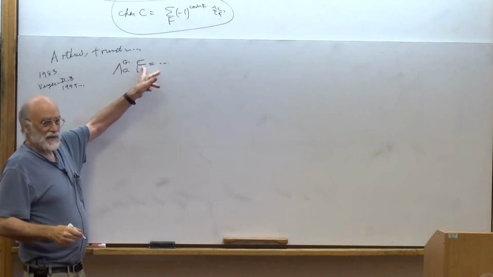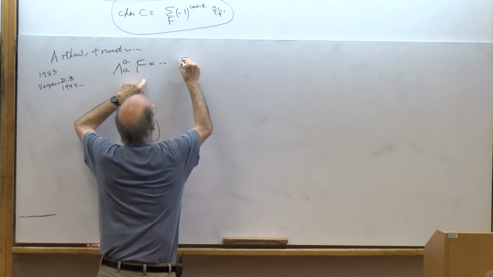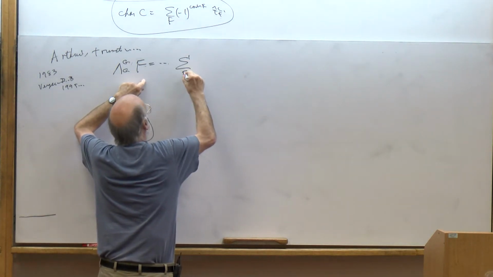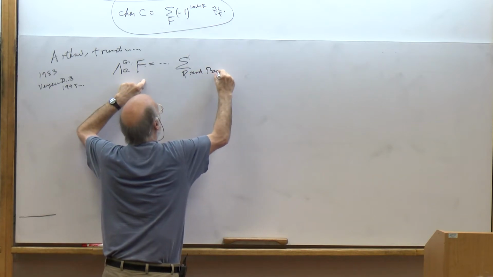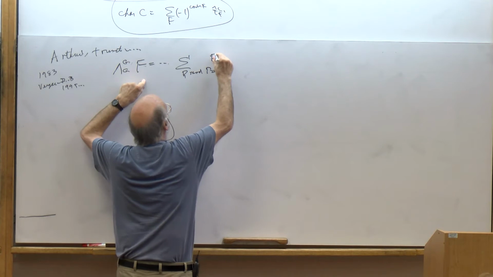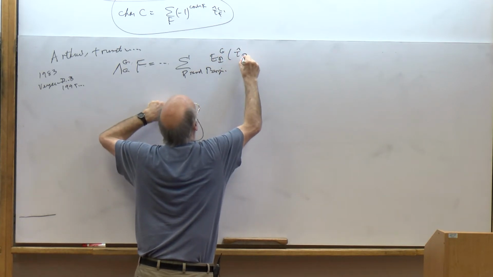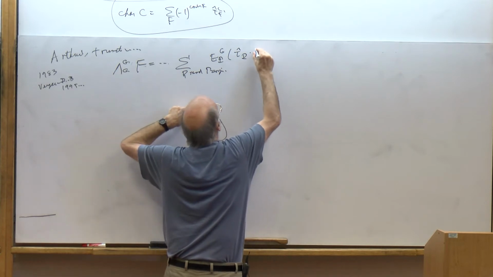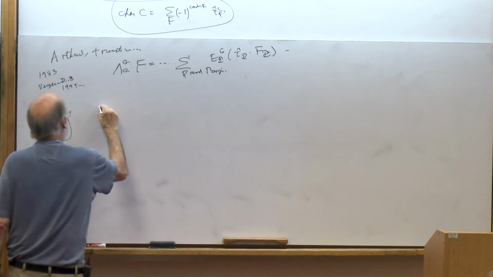Nonetheless, Arthur came up with this definition, which is exactly this definition made suitable for Arthur. So it's the sum over all P modulo gamma conjugacy of E_P of tau hat of P times the constant term of f of P. I'll explain what these mean. So f of P